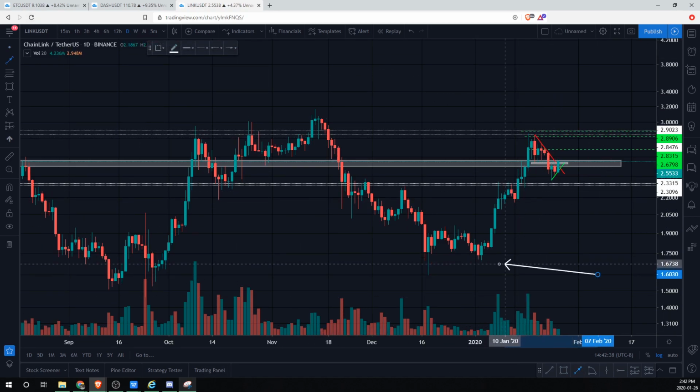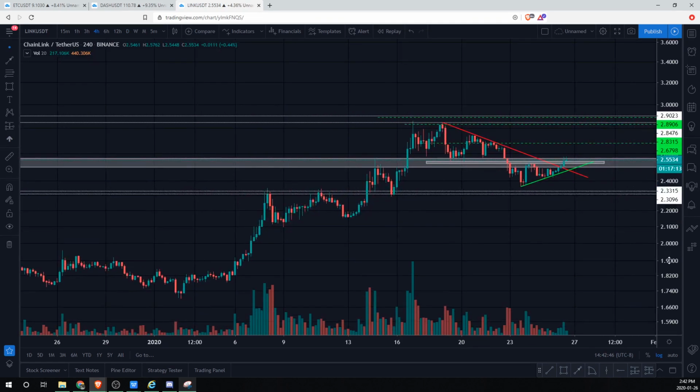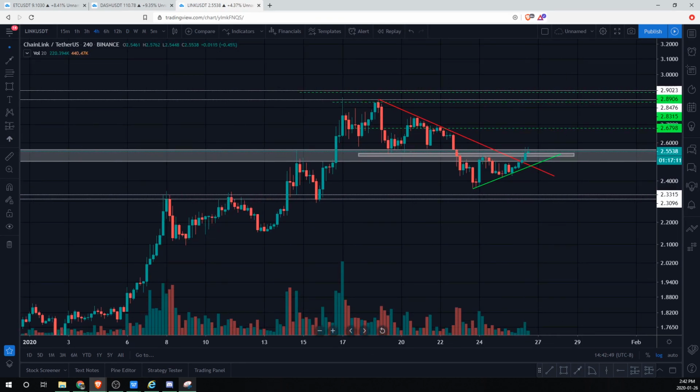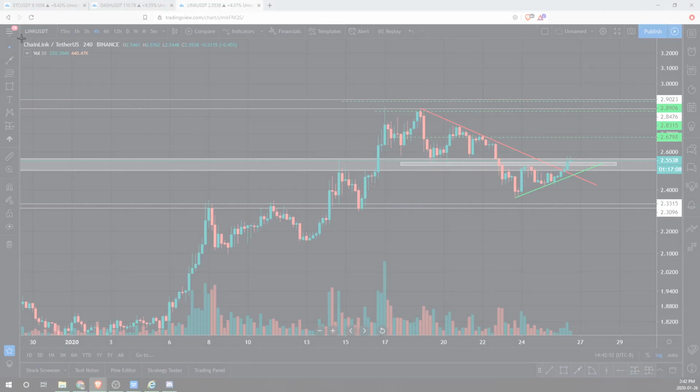You can see that right here at the start of 2020, and then we're getting a very healthy pullback, and then we could see a move back up, and then I'm using the red descending trend line to identify where the shift in trend may occur. So that's why I am looking to long at this point, because we broke our descending trend line, which I